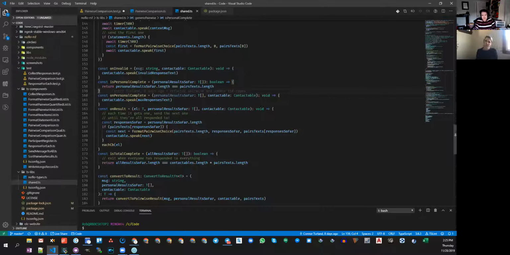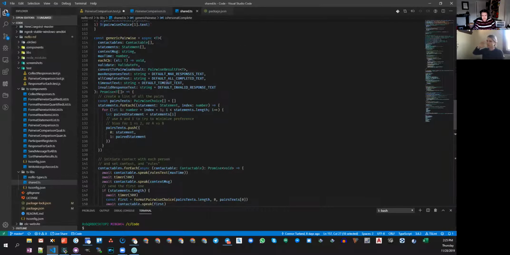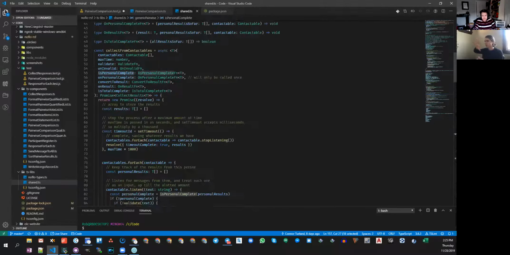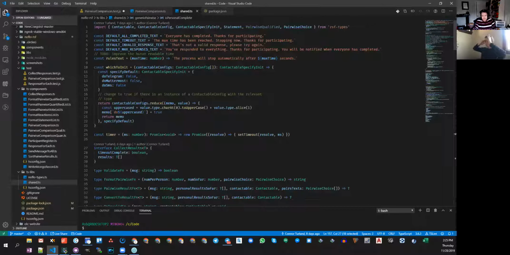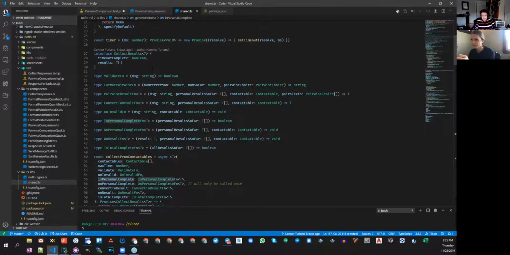Okay. But you were saying that it'll stop calling it. Like, well, what do you mean? Like, what's calling this function all the time? It's our more general function that we call up at the top. It's our sort of abstract one that many of the flows use, the module called collect from contactables, which is in this file. If you go down, okay, collect from contactables.